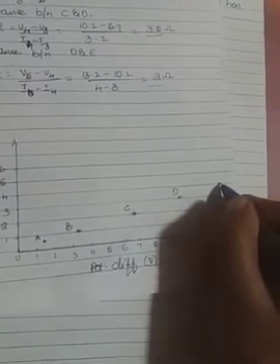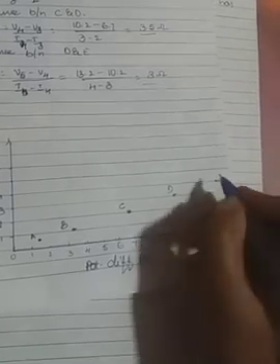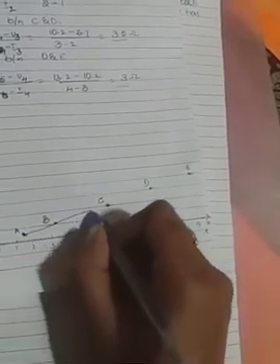Next is E, that is 4 and 13.2. 4 is the electric current, and 13.2 is the potential difference, after 13 in the line of 4. This is E. Like that you have to plot, and you will get a straight line. So this is the plotting of the graph between V and I. You can use graph sheet to plot better, then stick it into the class book. Thank you all.